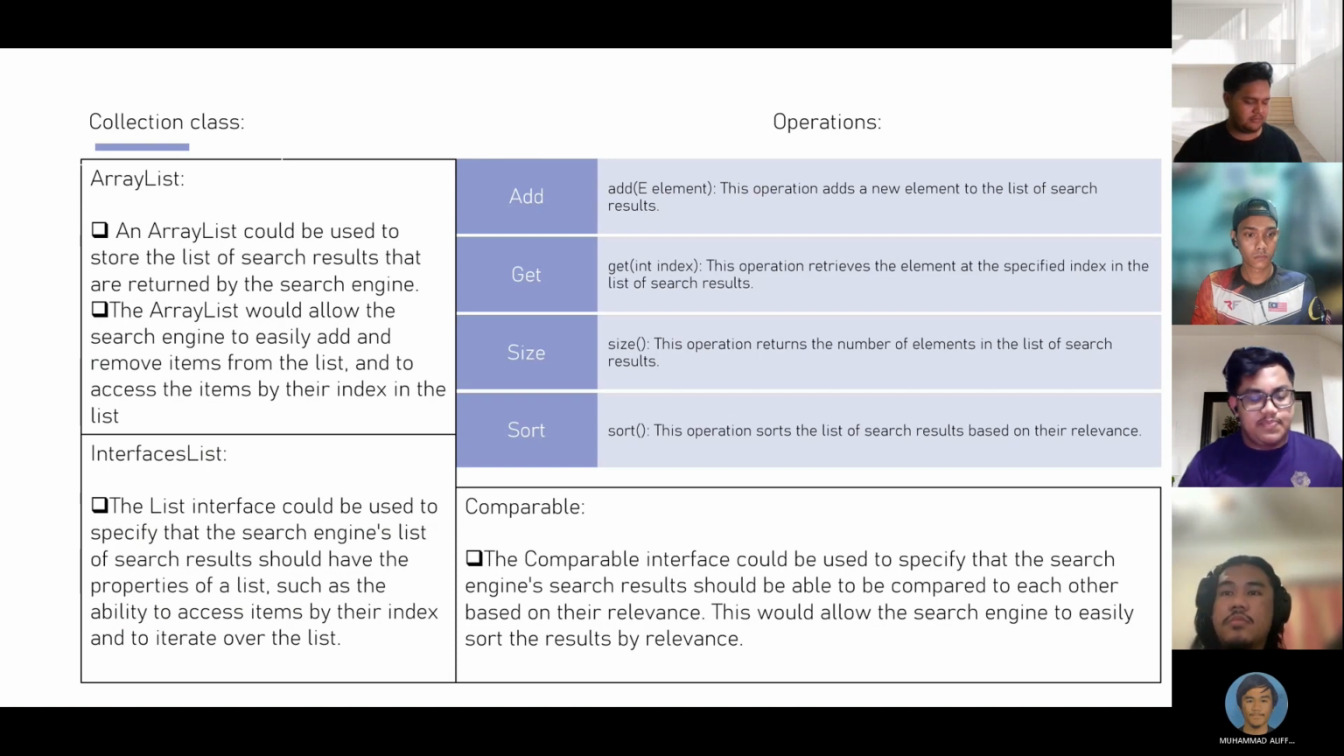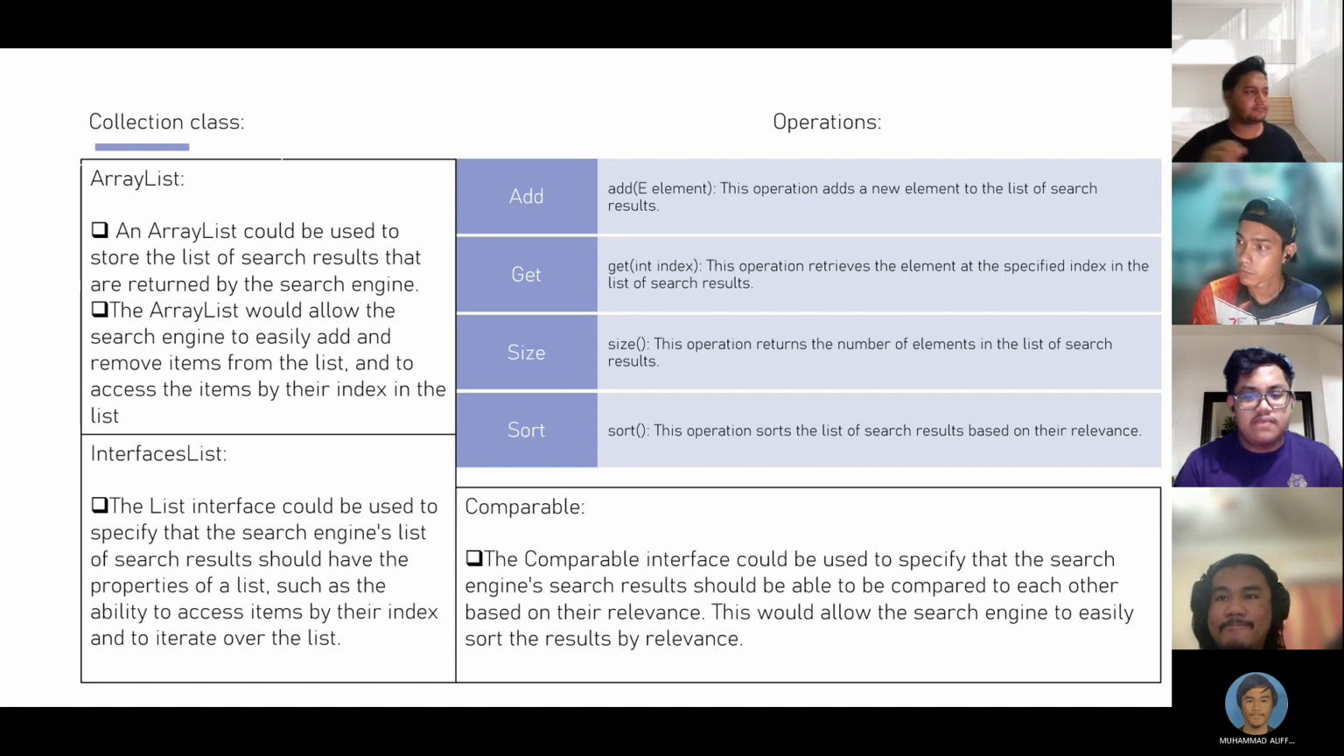For the List interface, the List interface could be used to specify that the search engine's list of search results should have the properties of a list, such as the ability to access items by their index and to iterate over the list. So when Google searches, it will go through the list one by one to find the data we want. And for the Comparable